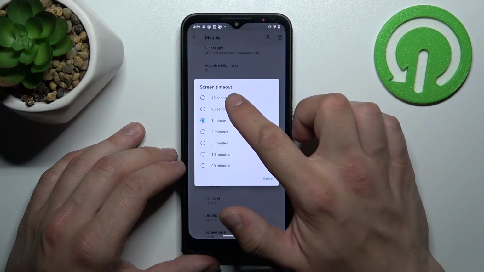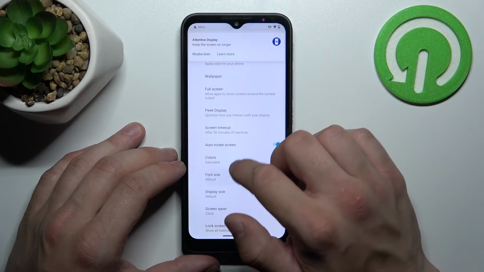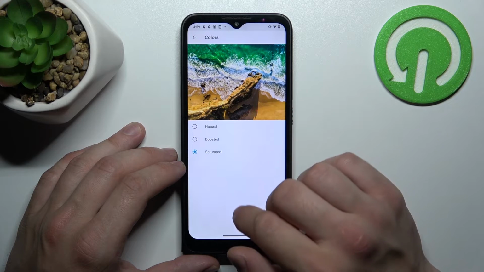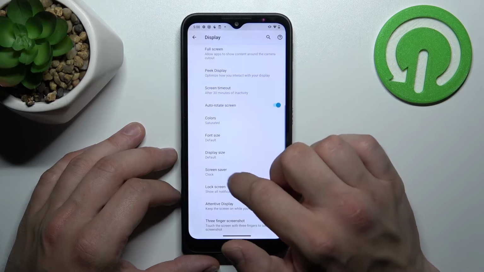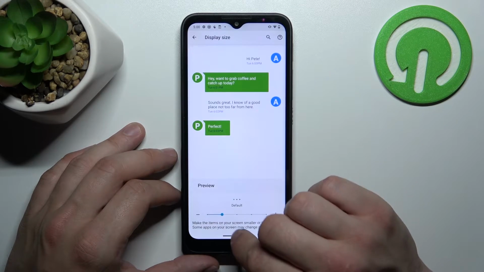change screen timeout between 15 seconds and 30 minutes, enable or disable auto rotate screen, change color mode between natural, boosted and saturated, change font size, display size,